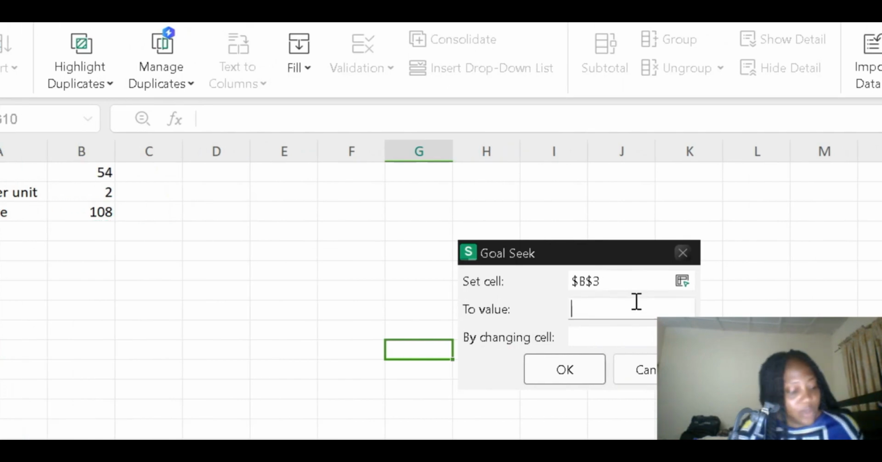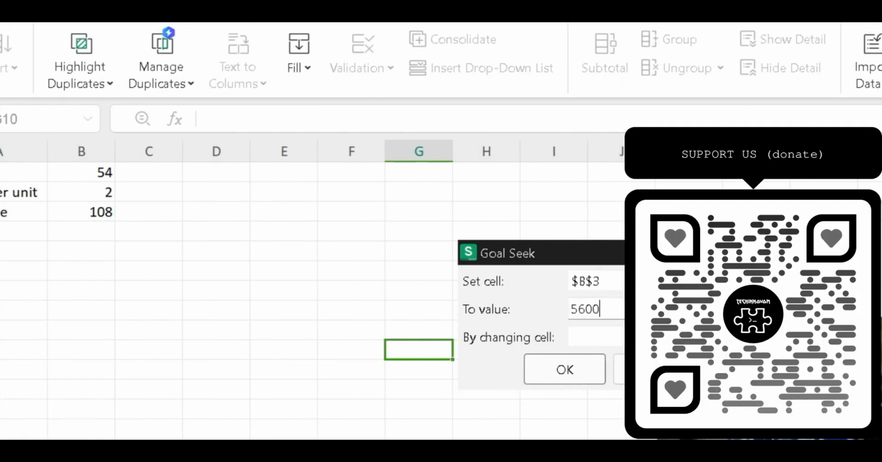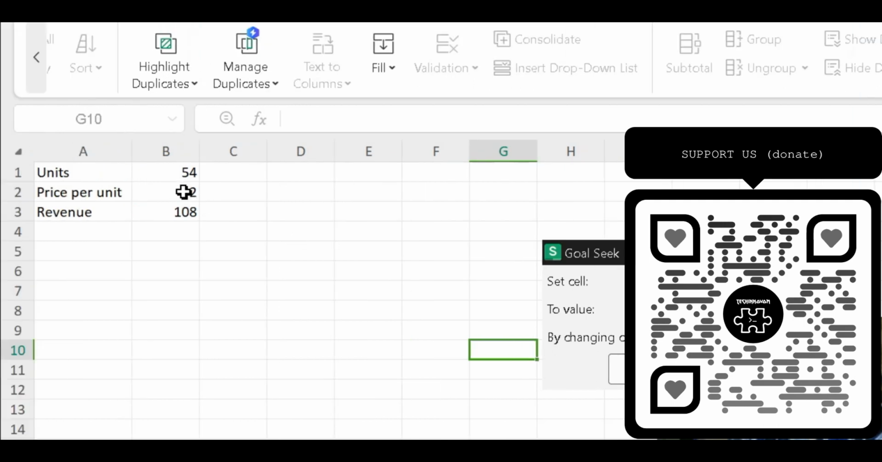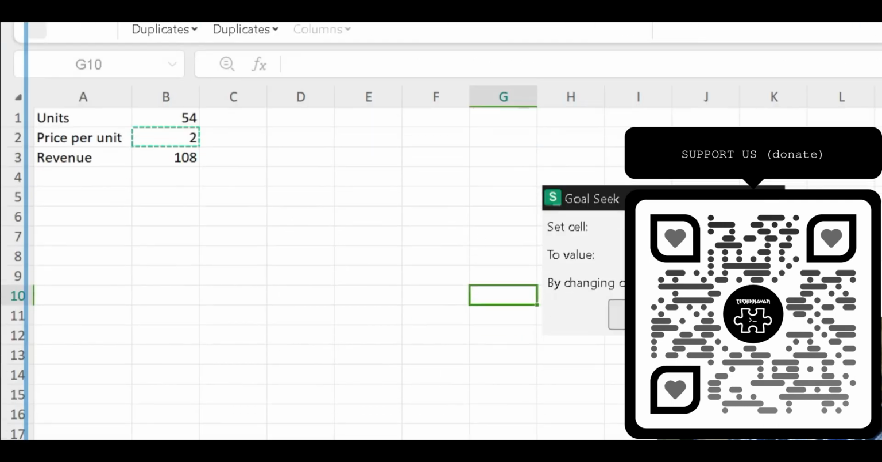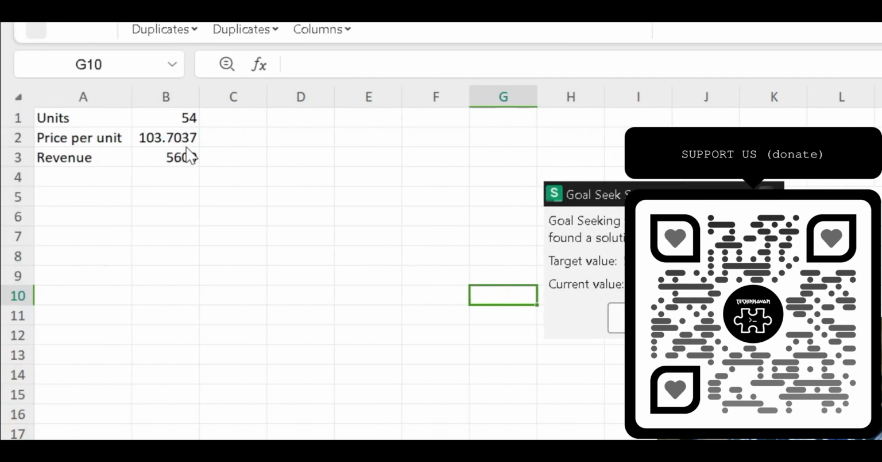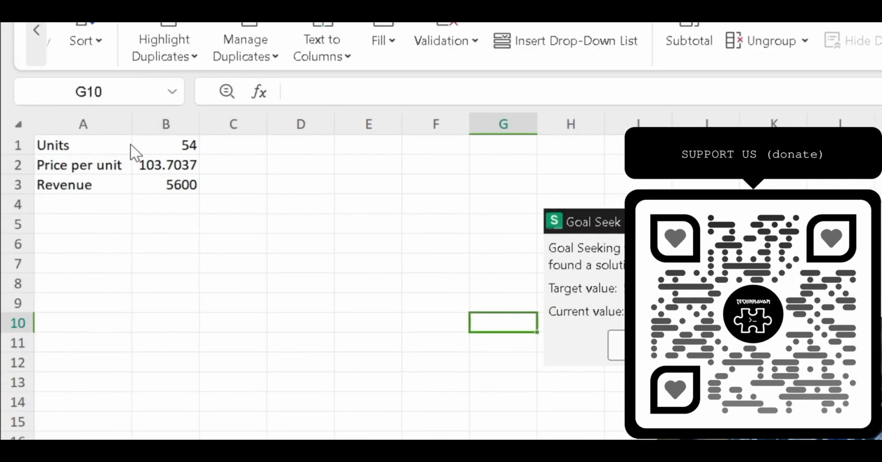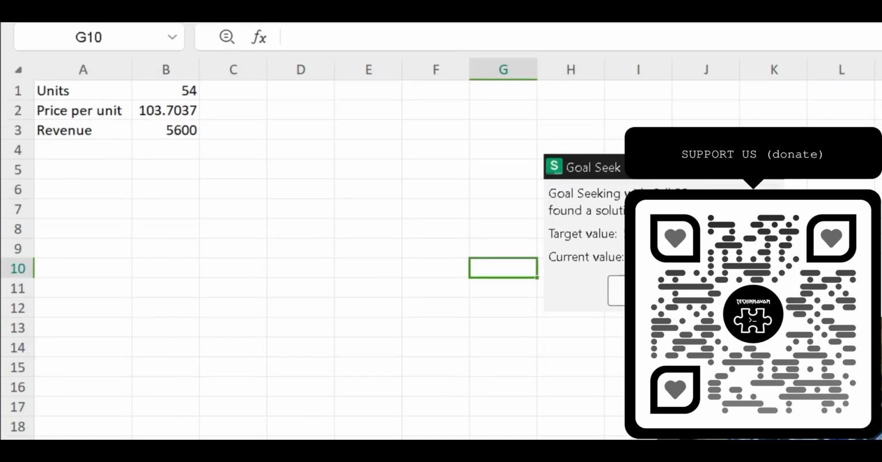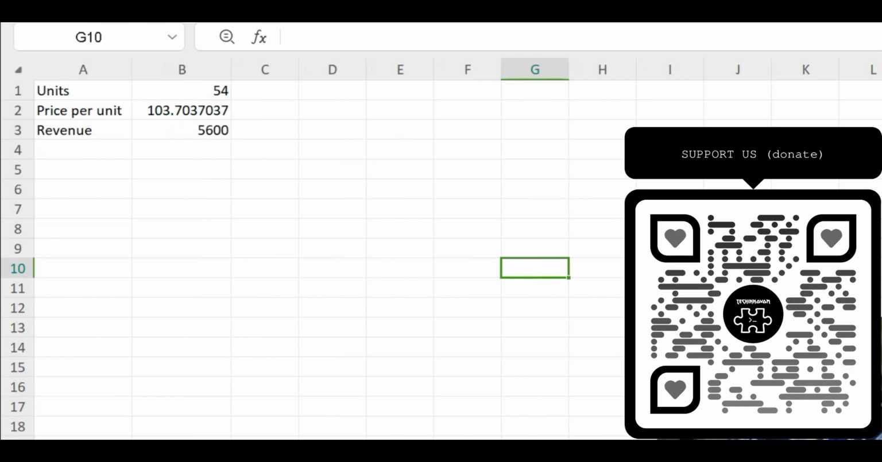Then, to what value? So what do I want my new revenue to be? Let's say this. Let's dream big. And what do I want to change? So I want to change how much I'm selling an individual unit. Press OK, and it's now going to tell you the new price of how much you can sell an individual unit, so that when you sell 4 units, you're going to get a certain amount. They're very straightforward. So yeah,